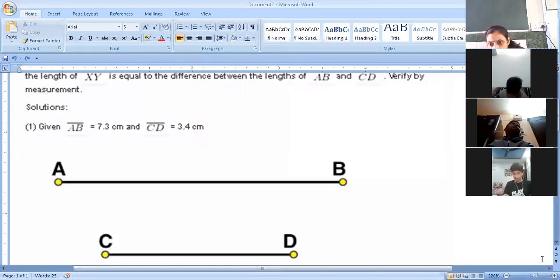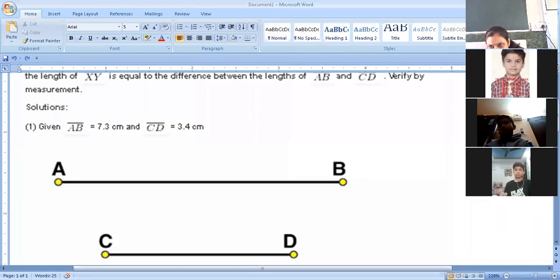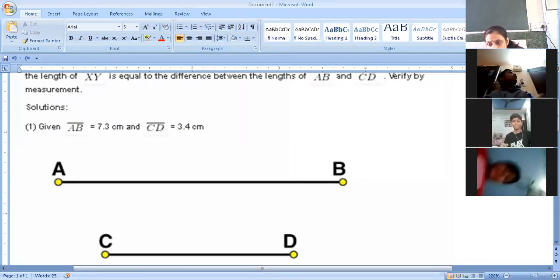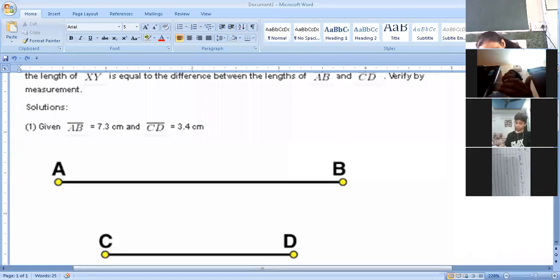Show me your notebook. Sunny, are you listening? I said, show me your notebook where you are drawing the lines. Yes, Tanish, that's right.